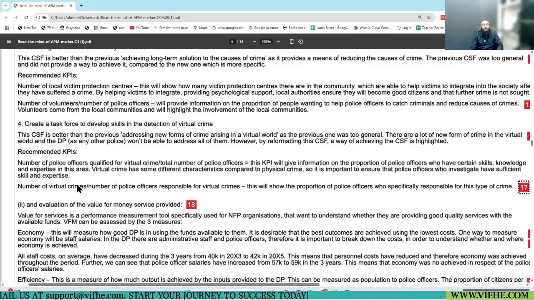So this is not the right KPI to measure the creation of a task force to develop skills in detection of virtual crime. Understood? I can't see this having a good connection with the CSF. Agree with me? Yes or no? 0 marks. Thank God. If you write stupidity based stuff, you will not get marks.